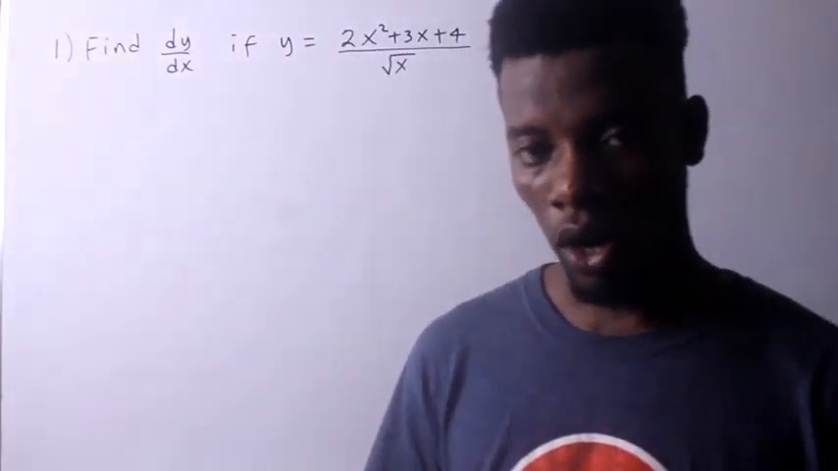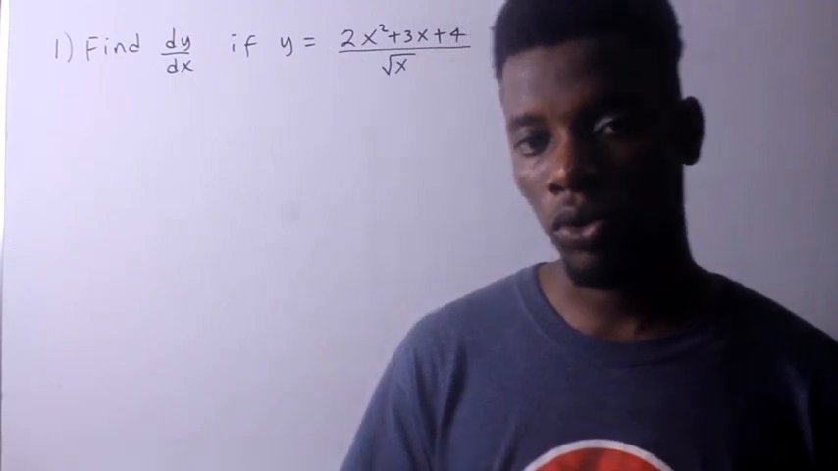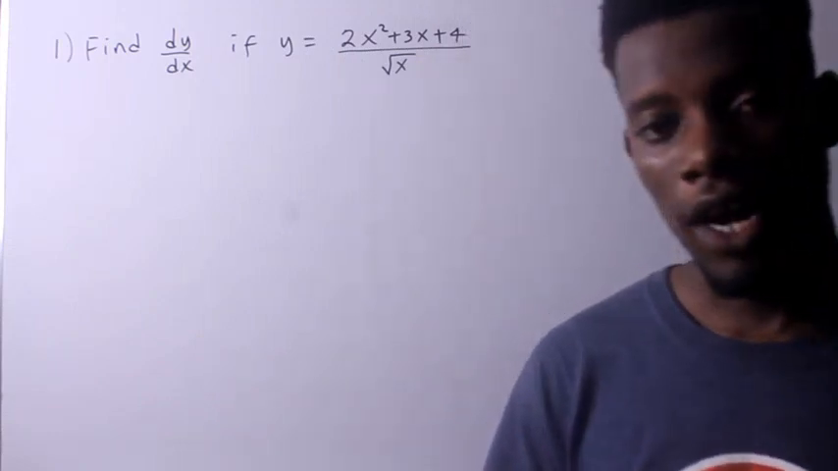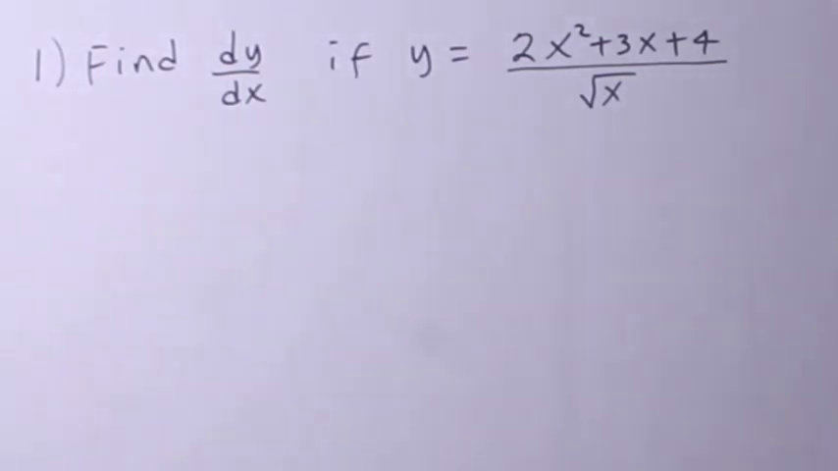Hello and welcome. In this video we are going to find dy by dx given that y equals (2x squared plus 3x plus 4) all divided by the square root